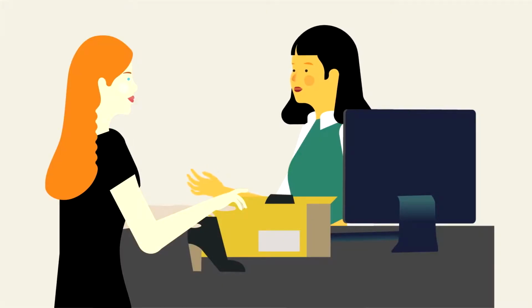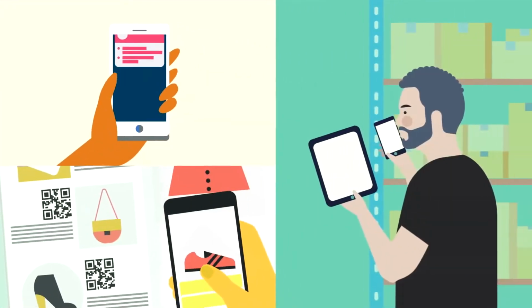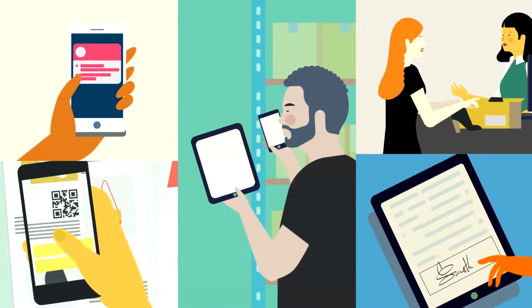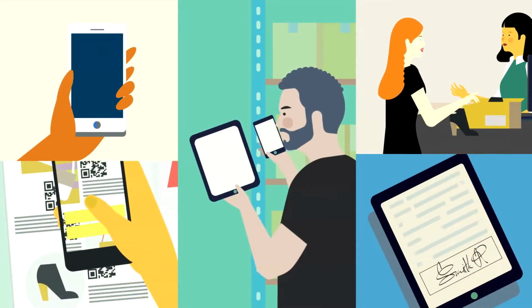Since the days of clay tablets, people have recorded the exchange of goods and services. As we evolve into the digital age, recording these transactions has become much more complex. Whether it's the exchange of money between two parties, documenting how goods move through a supply chain, or making contractual agreements. The growth of global commerce and trade has created a network of disparate ledger systems, vulnerable to errors, fraud,